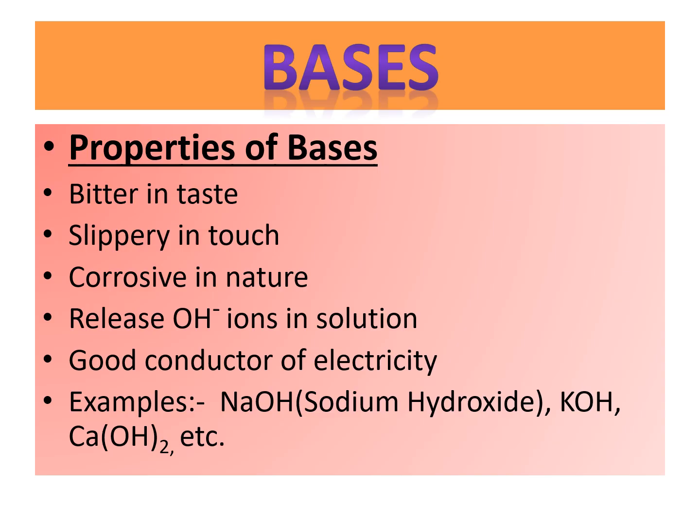Acids release H plus ions while bases release hydroxide ions in the aqueous solution. And of course, they are also good conductors of electricity. Some common examples of bases: sodium hydroxide NaOH, potassium hydroxide KOH, and calcium hydroxide Ca(OH)2. These are very commonly used bases.